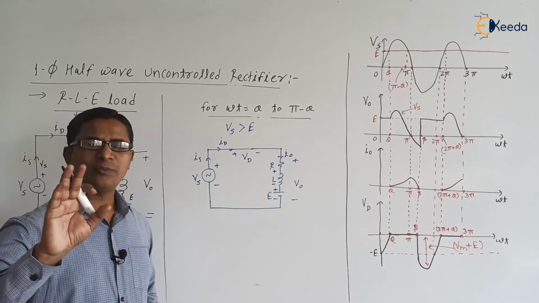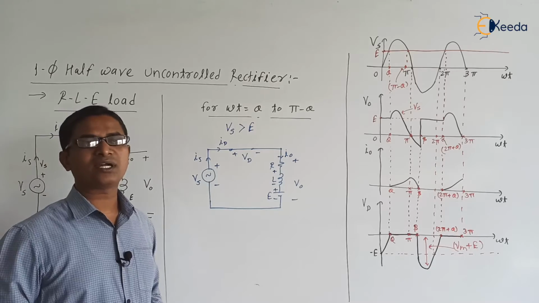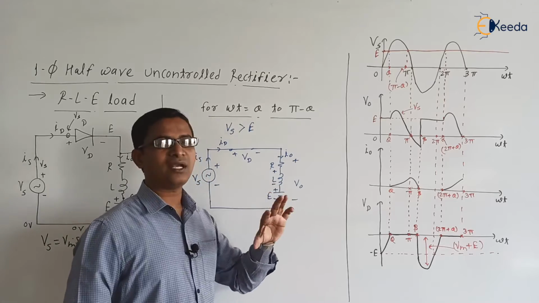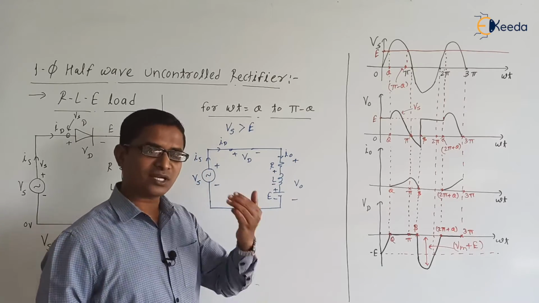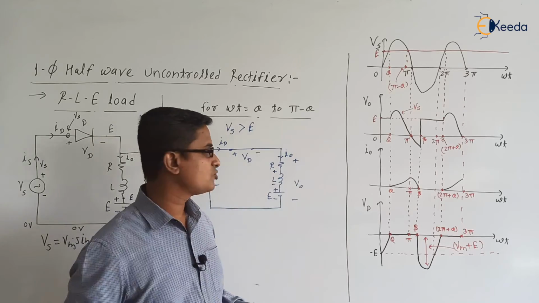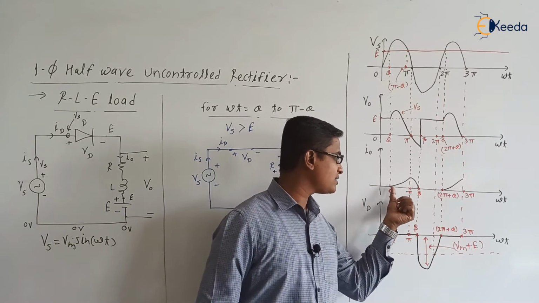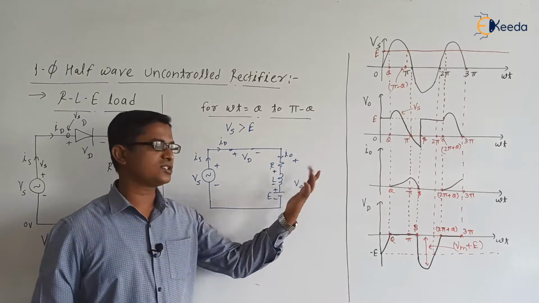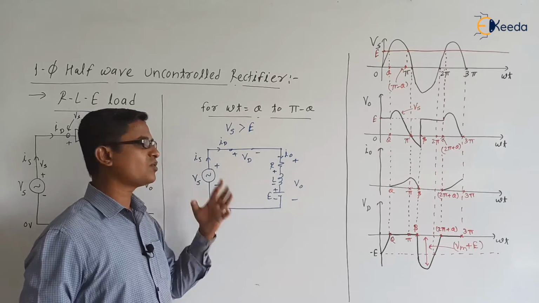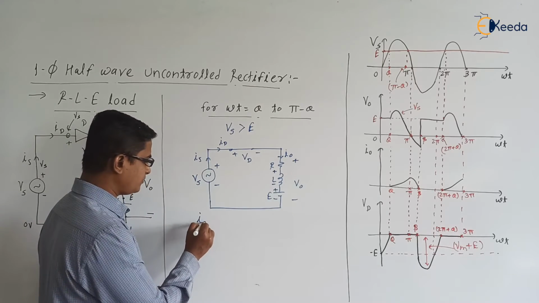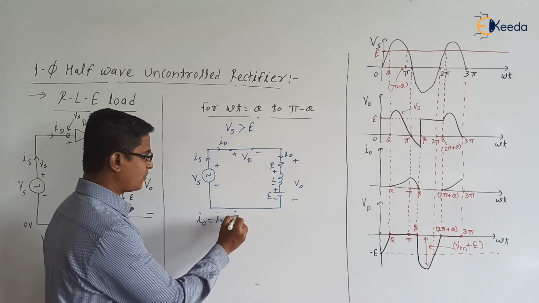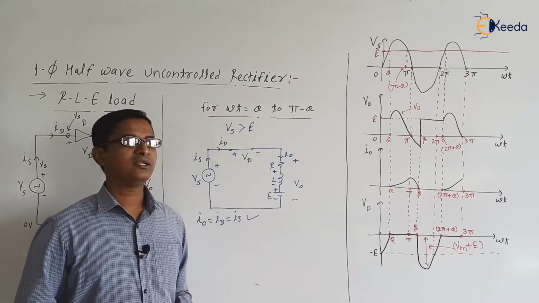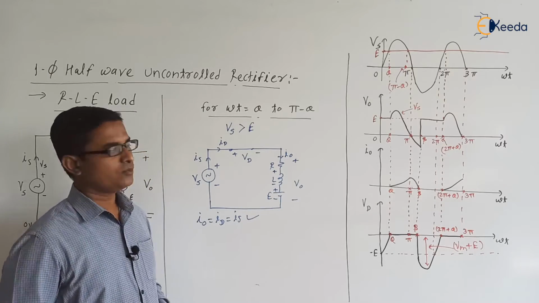If you check at omega t less than theta, the current flowing through the inductor was 0. So after theta what will happen? As we have the inductor, and the inductor opposes the sudden change in current, the current flowing through the load goes on increasing slowly. So if you check the I0 waveform, after theta it goes on increasing slowly. I0 is the same as Id is equal to Is, all are the same. The inductor is storing energy, so the polarity will be plus here and minus here. Next, what is Vd?